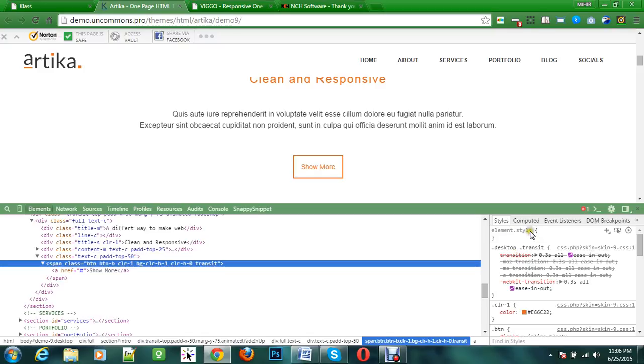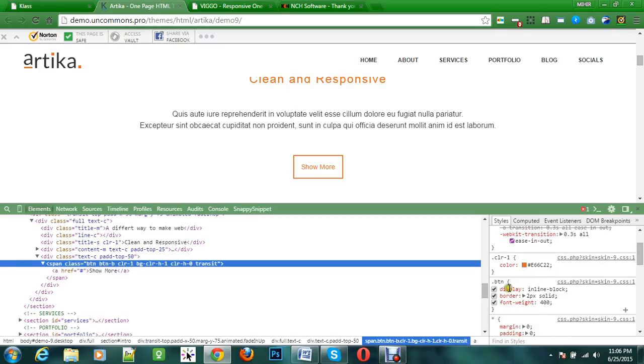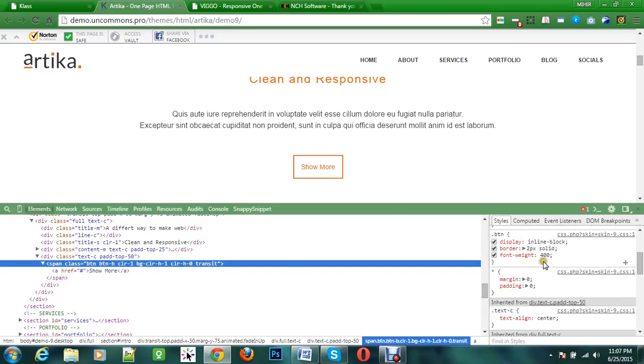You can see on the right side the CSS style base, clr1 color, I mean that is the color. Then you can see the dot btn, and also there is the style display inline block, border 1px solid, font weight 400. Okay, and also